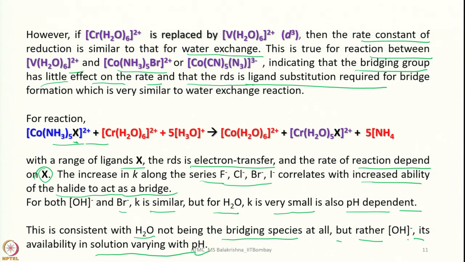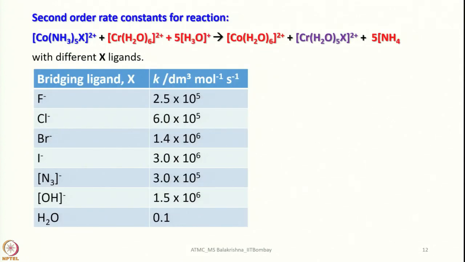That means, especially when we have the hydroxyl group, it is pH sensitive. Here I have listed data, you can see whatever I said. The rate is increasing, and in the case of azide and OH it is little, because this is pH dependent, whereas water is not a bidentate ligand, or water cannot bridge two metal